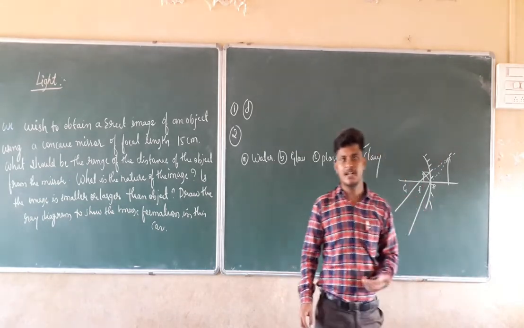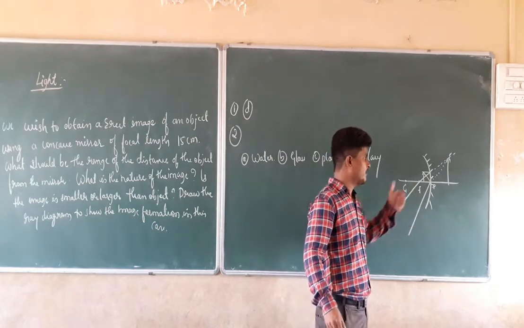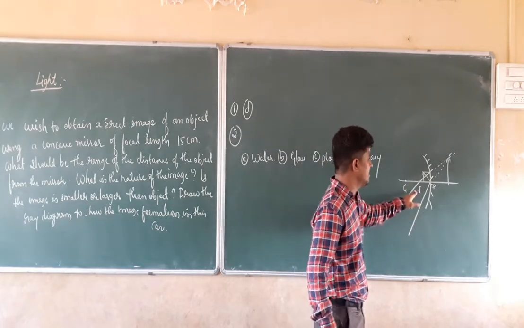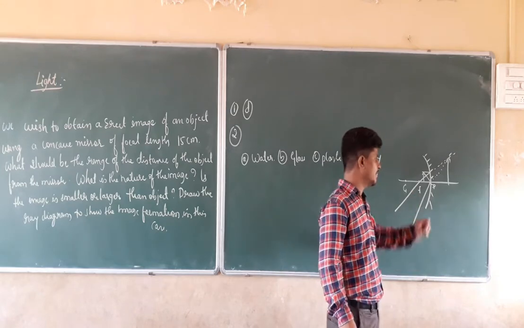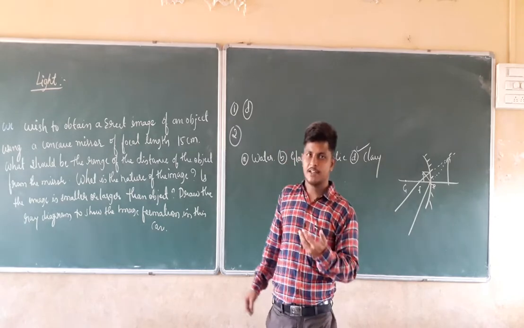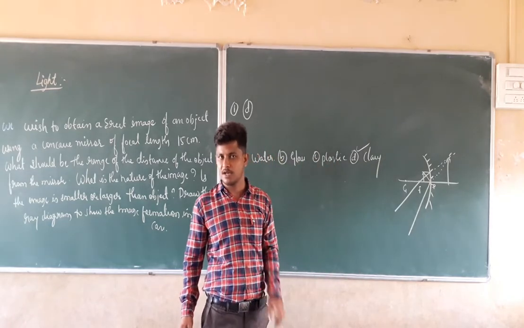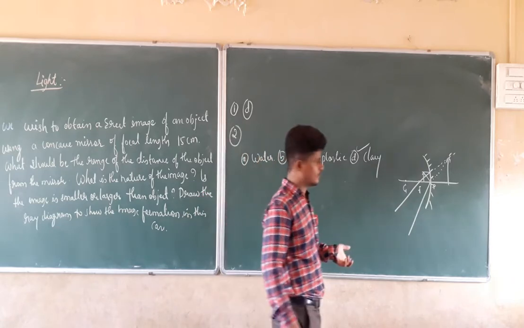So in each condition the image is going to form a virtual and erect image. In case of concave mirror, when the object is kept between P and F, that is nothing but between the principal focus and the pole of the mirror. When you check the options here, the first option is given as between the principal focus and the center of curvature. It is completely wrong.